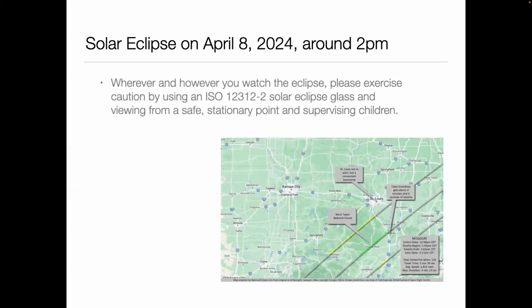Now, on top of that, some safety. Please do not watch the sun with your own naked eyes. The worst thing you could do is try to watch the sun with a binocular or something like that. Don't do that, please. You should, in fact, be using eclipse viewing glasses. We have many of them here. So as you leave, if you're planning to attend any of the events, please take one, and take them to your children or whoever, if you're going to be doing a group activity around that day.